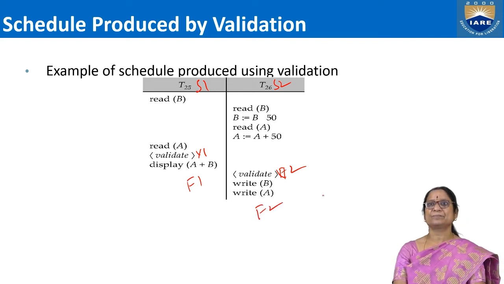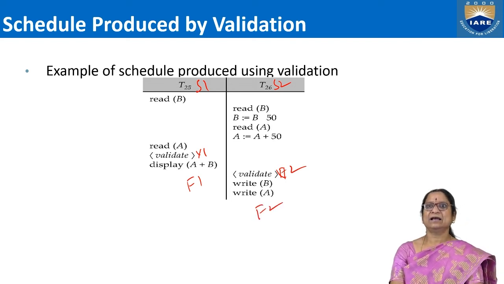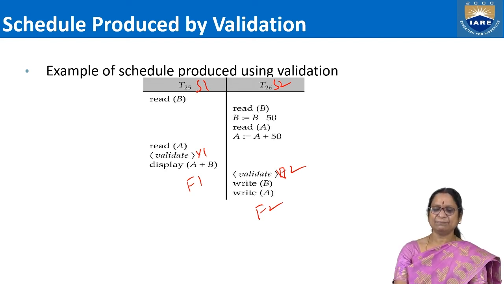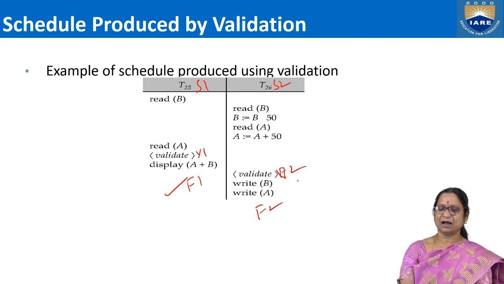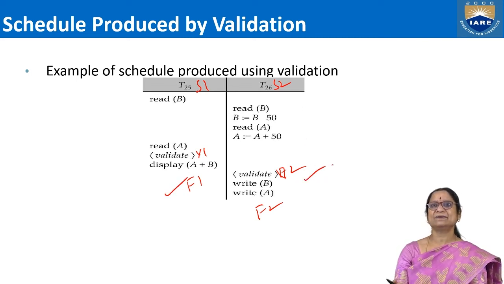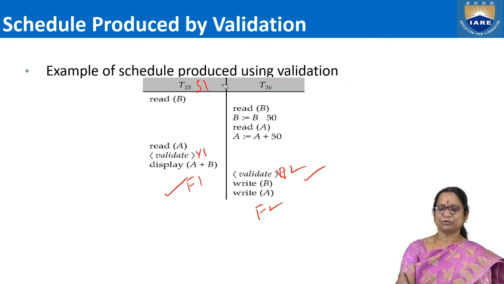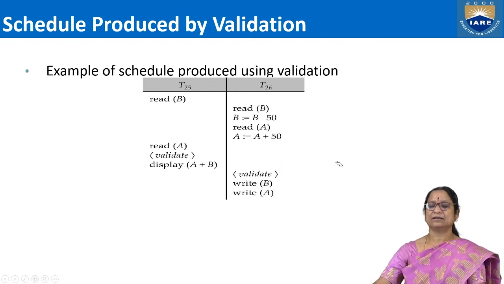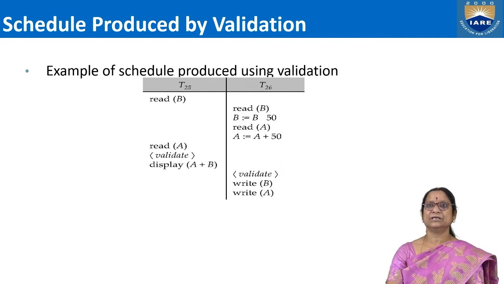You observe here, S1 is less than S2. So the first condition doesn't satisfy, because S2 entered after S1 only. But remember, after finishing only, the second transaction validation is considered. So that's why the validation protocol makes this conflict of read writes avoidable by ensuring